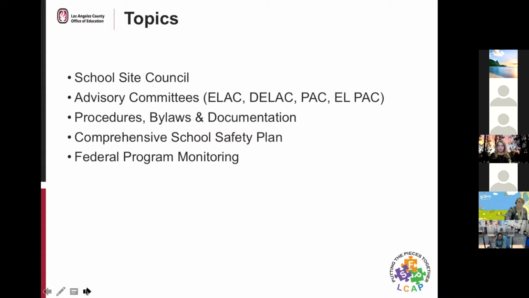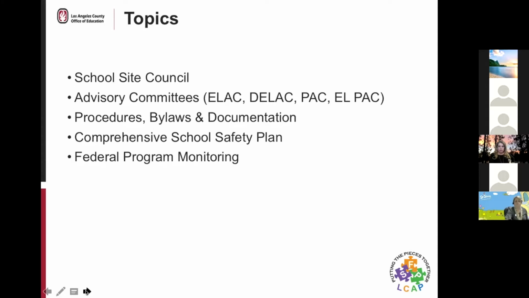So we'll be looking at the English Learner Advisory Committee, the School Level Committee, the District English Learner Advisory Committee, and also we'll be looking at the role of the Parent Advisory Committee and EL Parent Advisory Committees that were required in conjunction with the local control and accountability plan. There's some significant overlap in those advisory committees, so we'll be looking at all of them.